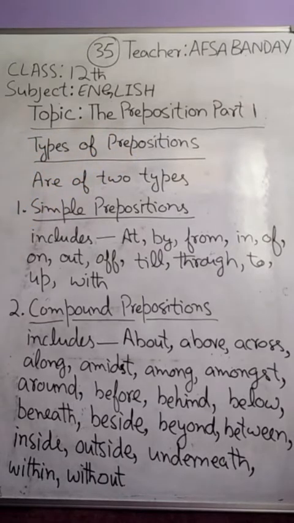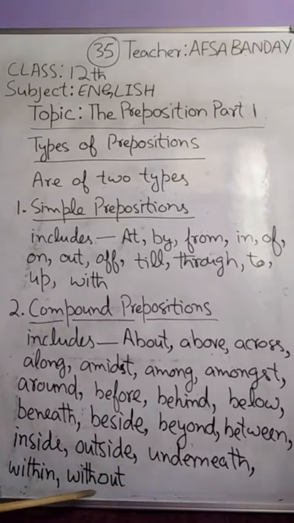Types of prepositions, or kinds of prepositions. Prepositions are of two types. At this level we will discuss only two types of prepositions: simple prepositions and compound prepositions. Simple prepositions include at, by, from, in, of, on, out, off, till, through, to, up, with. Compound prepositions include about, above, across, along, amidst, among, amongst, around, before, behind, below, beneath, beside, beyond, between, inside, outside,